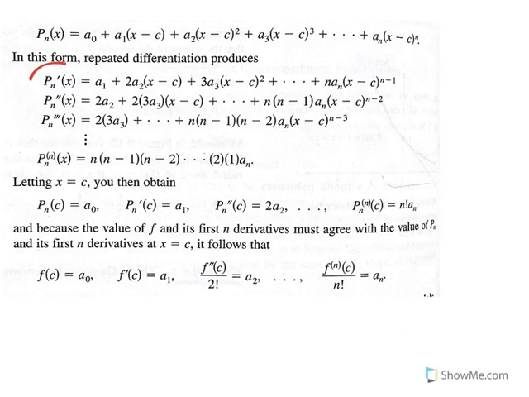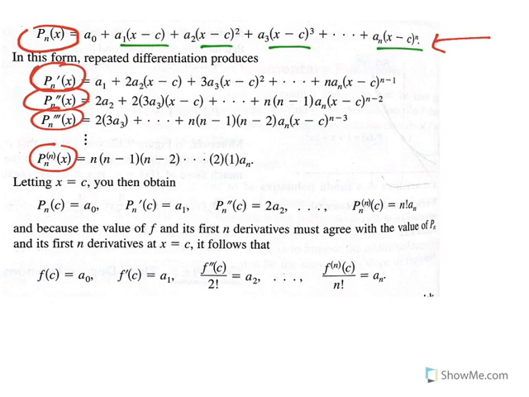So when we evaluate not only p sub n at x is equal to c, but also its derivatives at x is equal to c, this is what we'll have. P sub n evaluated at x is equal to c, all of these terms will become 0, and you'd just be left with a naught. P sub 1 evaluated at x is equal to c, all of these terms will become 0, and you'd just be left with